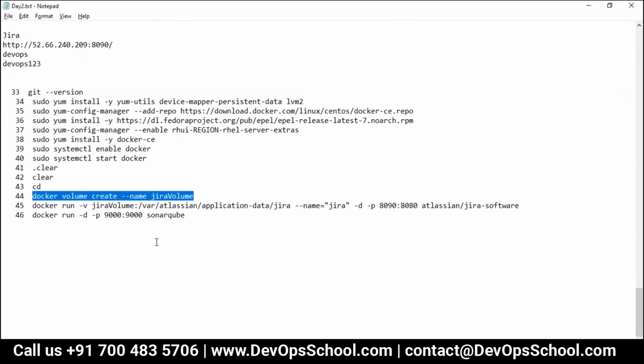So guys, what happens when you create any container and when you stop it and when you remove it, the data inside the container also gets deleted when you remove the container, not when you stop it. Mind it, again I'm repeating, when you stop the container, data is still there, but when you remove the container, the data is gone. To avoid data loss, you create volumes.